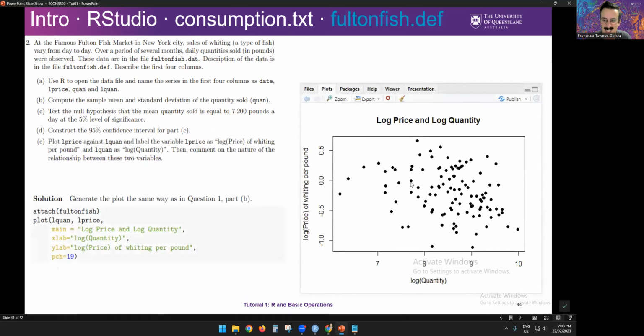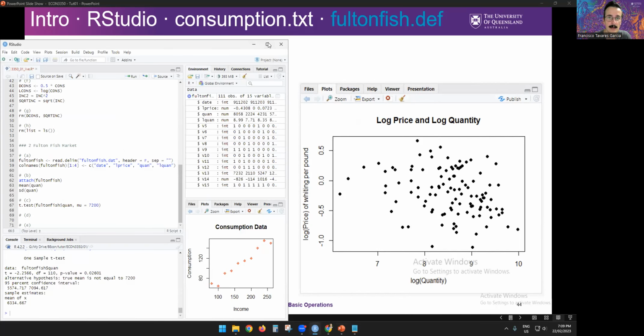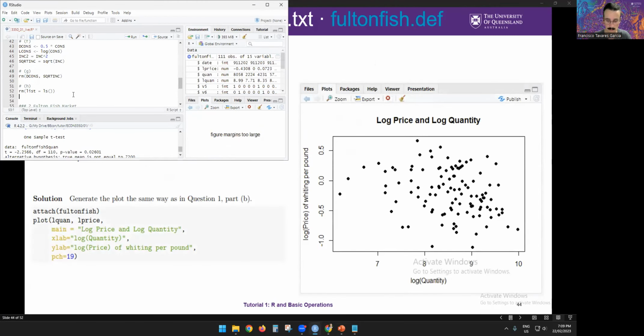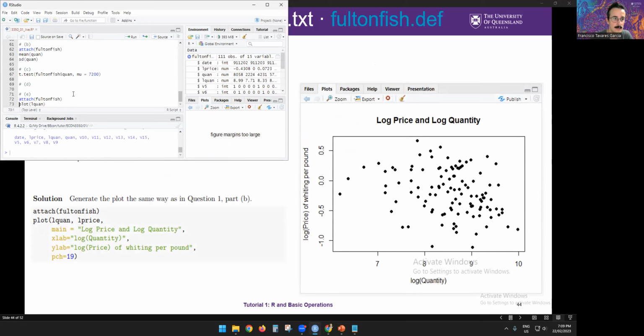Let's have a look. Look at this. No, it doesn't look like a line as before, right? So first, attach photon fish. We've done it before. Now let's do the plot. Just in case you haven't done the attach before, I'll put it: attach photon fish. Run this one. And then plot L1, L price. Then main. So the title will be log price and log quantity,